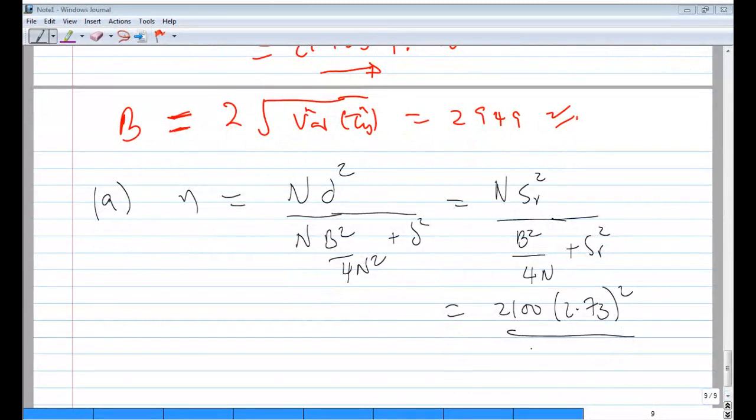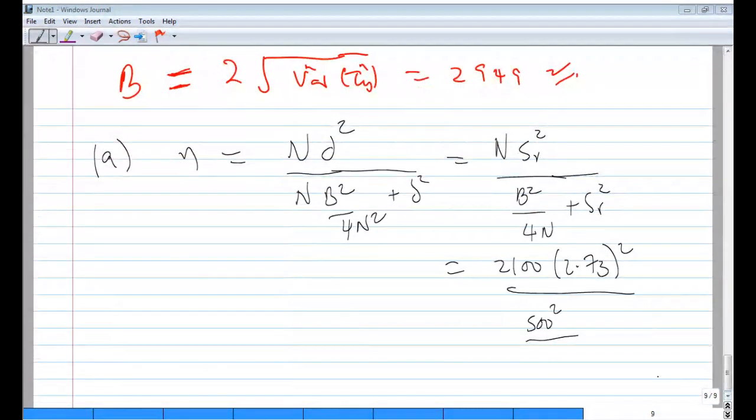Then you divide by the bound. The bound is 500. So it's 500 squared divided by 4 times 2100